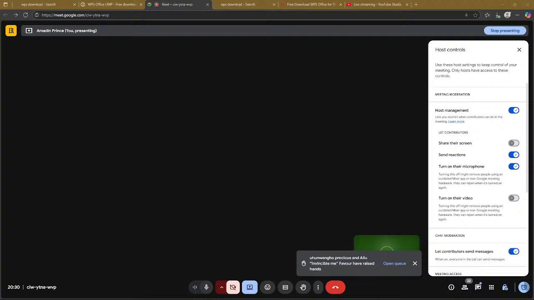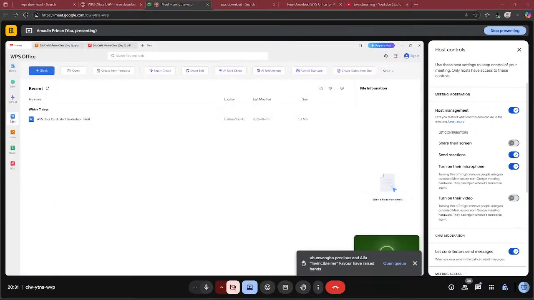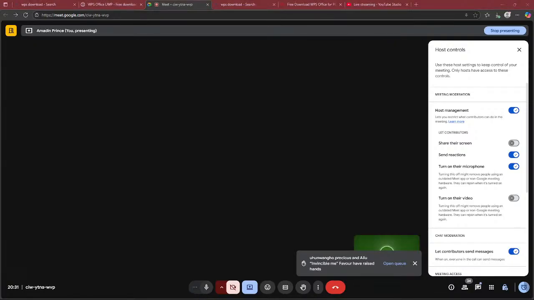And then if you look at the left icons, you're going to see so many things here. Number one, you see Home. Number two, New. Number three, WPS AI. But that's not what we are looking for. We are looking for Docs, Microsoft Docs, Slide, which is the PowerPoint slide, Spreadsheet, and PDF. So Doc, once you click on it, it will take you to a Word document,